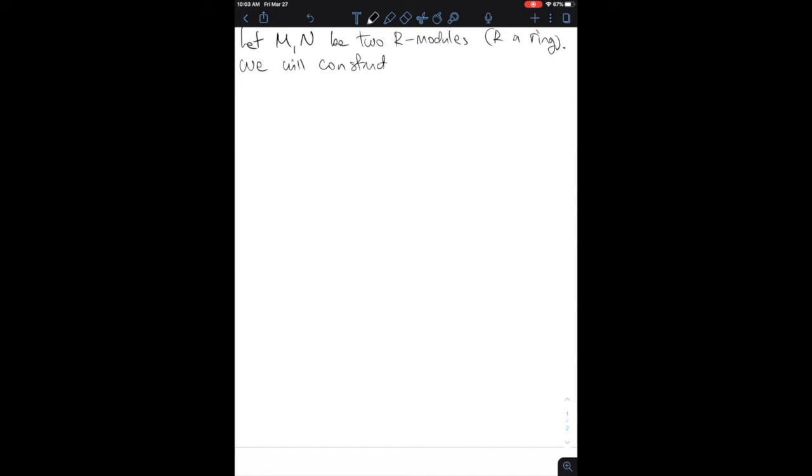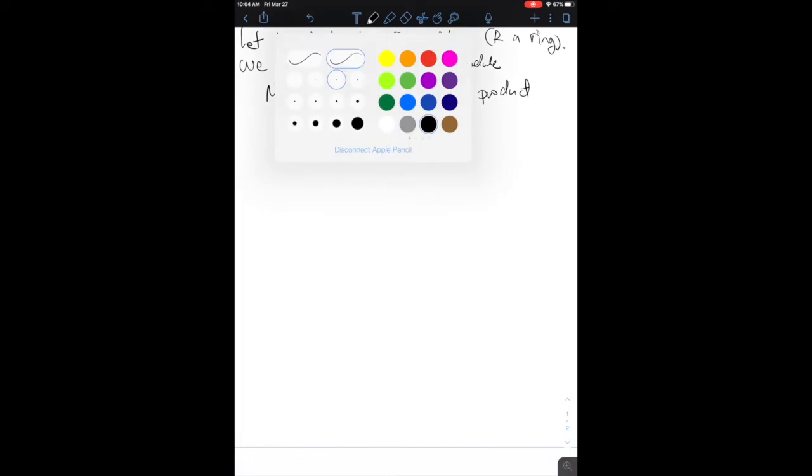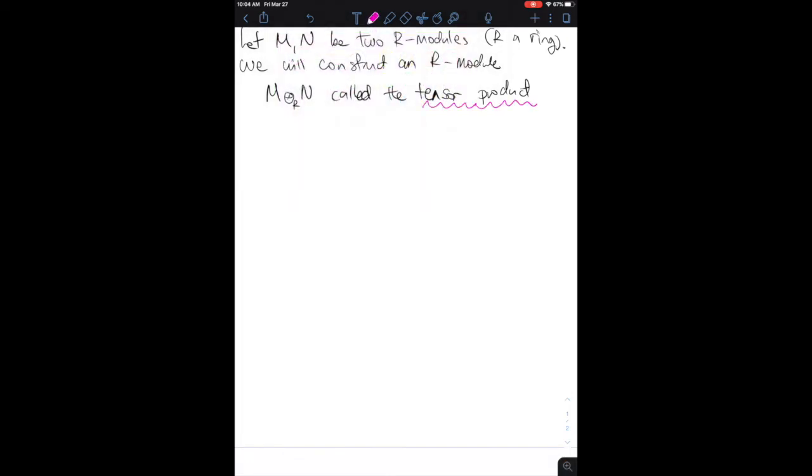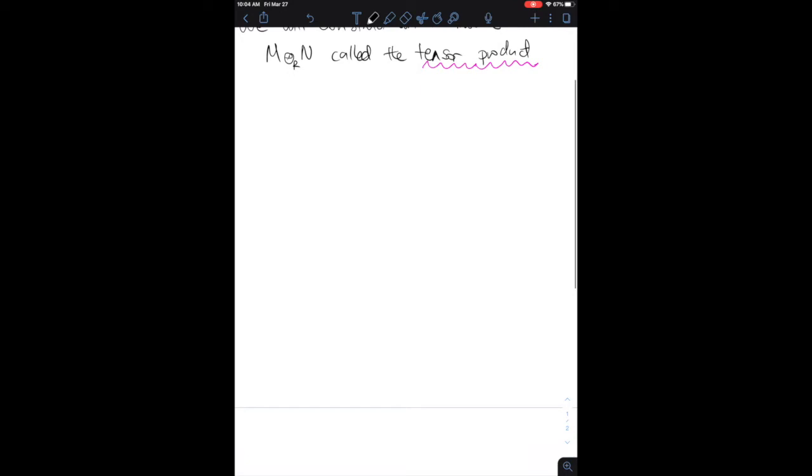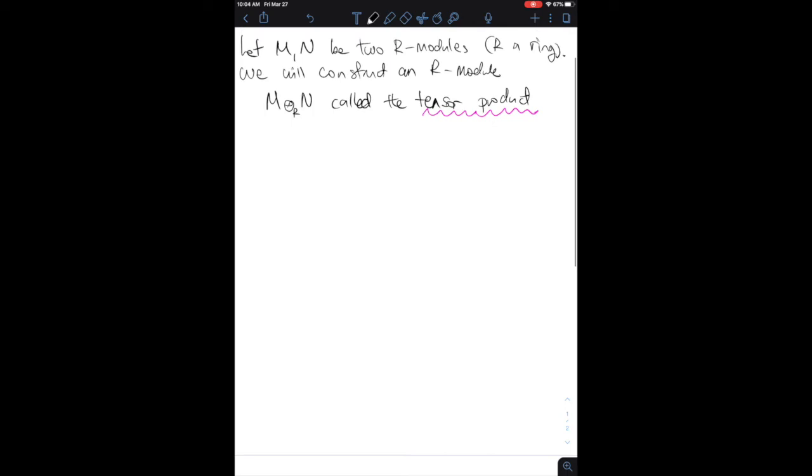We will construct an R module M tensor N called the tensor product, and the tensor product has the important special property that we have a one-to-one correspondence between sets of multilinear maps and R-module homomorphisms from the tensor product. So the tensor product has the property